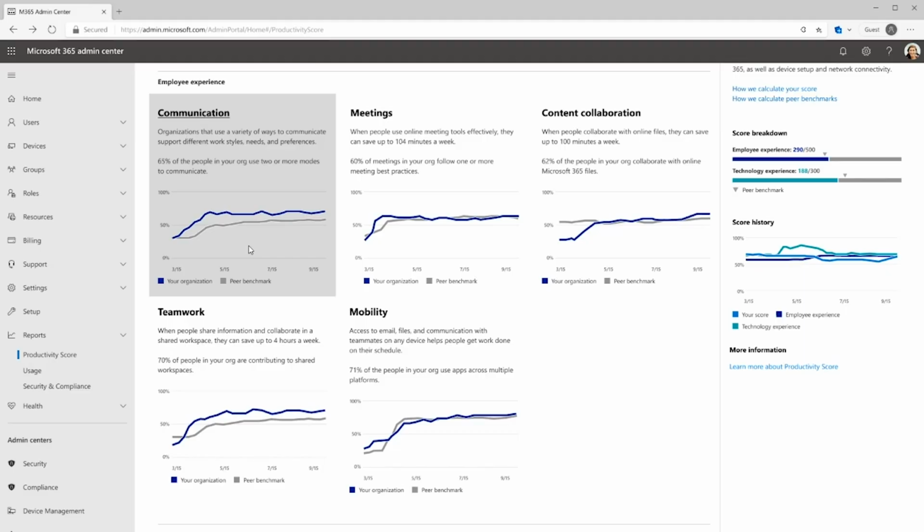It facilitates you to meet your business objectives by enabling your most important asset, your people, to achieve their highest potential. Microsoft 365 not only enables your workforce to achieve their highest productivity, but now also quantifies this as a measurable score. It shows you if people are communicating using flexible ways that suit their work styles and needs, if they're using meeting tools effectively to save each other time,